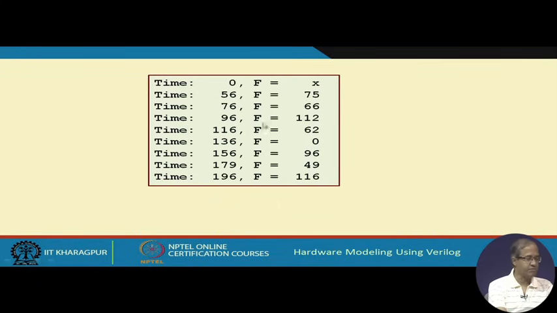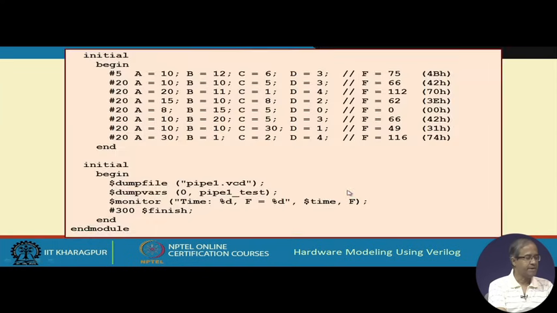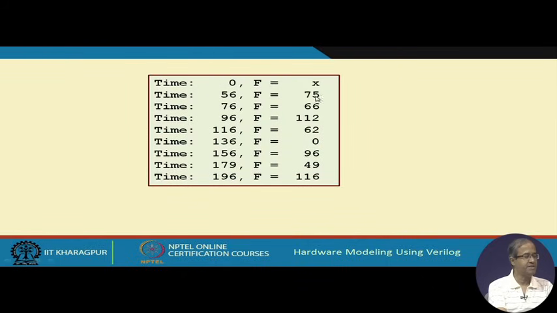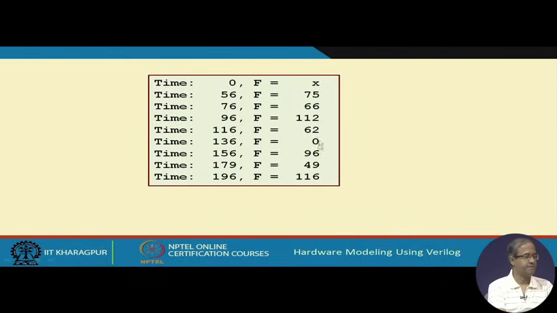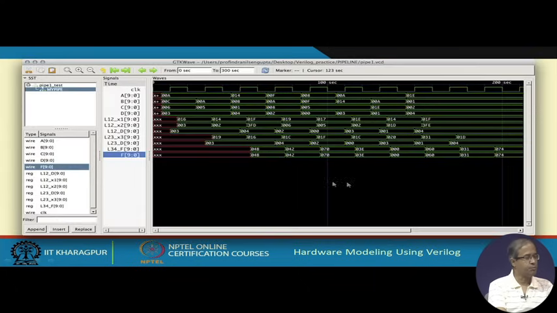The time is whenever f changes, and you see the f values are 75, 66, 112, the same values are coming. So, whatever the expected values are, the same values are being generated. This is the final output, and if you see the output of the GTKWave, the timing diagram,